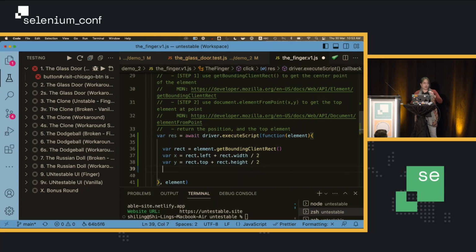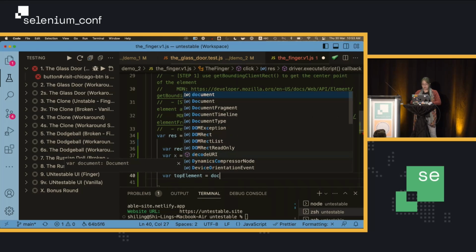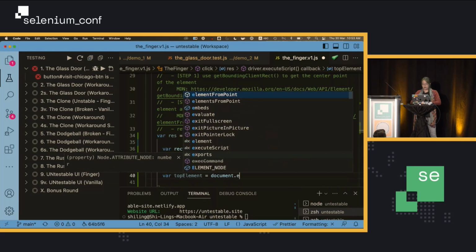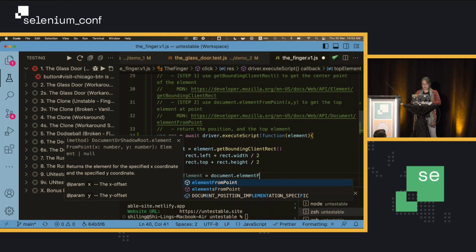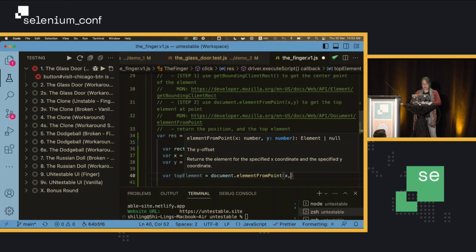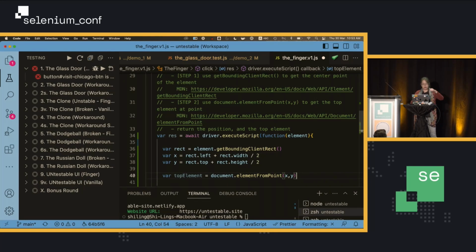Now in order to find out what is the element that is on top of this button that we want to click on, there is a very useful web API you can use, which is elementFromPoint. So we'll grab that and ask the browser what is that. So you can do document.elementFromPoint, and you pass in the x and y coordinates to query and ask what is the top element.